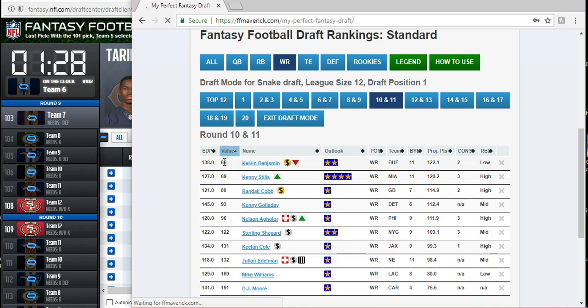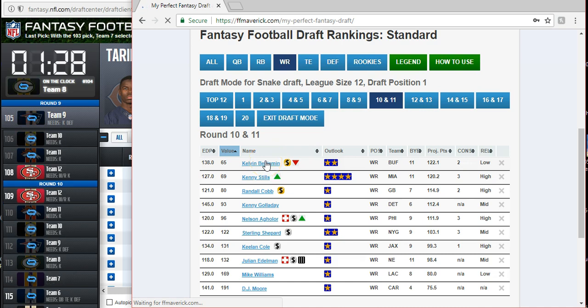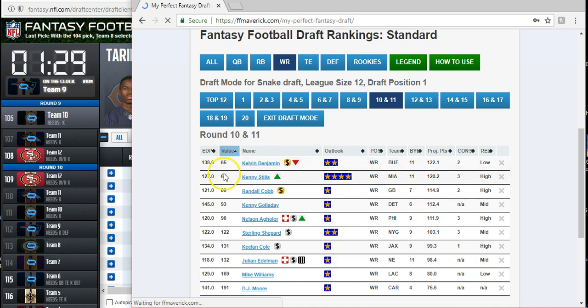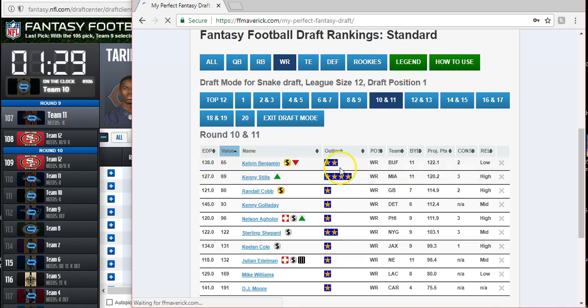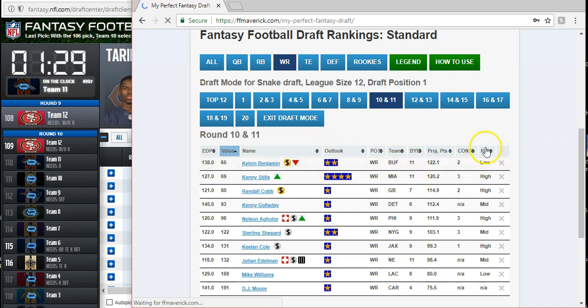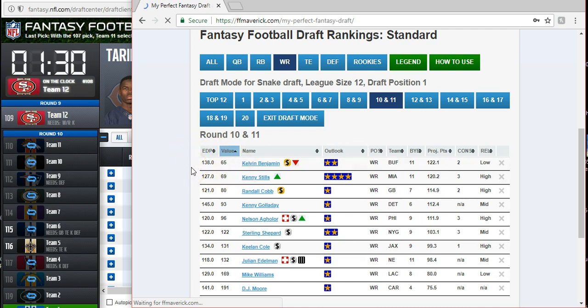Now, Kelvin Benjamin has a list of problems a mile long, right? But this dude is the number 1 wide receiver for the Buffalo Bills. They have no depth in that position. He is basically it as far as receiving options goes. Look at the value he's offering relative to his draft position, right? Now, his outlook is terrible. His consistency is terrible. His reliability is low. All right, I want you to ignore all that. Let's look at the value. I mean, we're talking the 10th and 11th round pick. If these guys don't work out, it's not really going to hurt our team, but I think the upside is